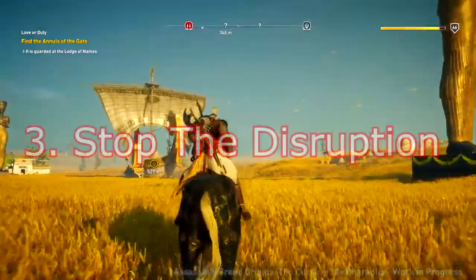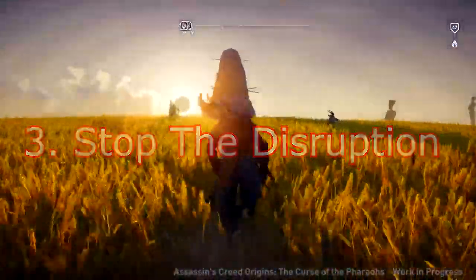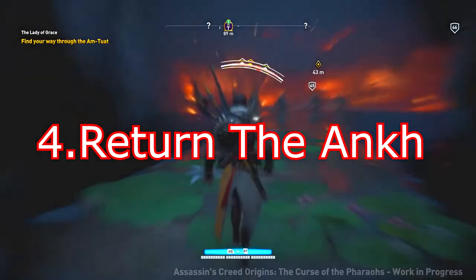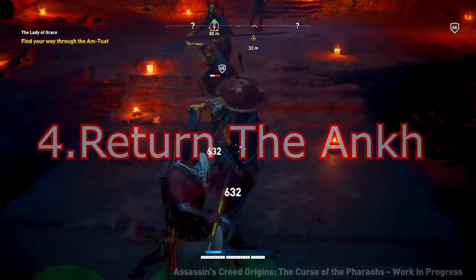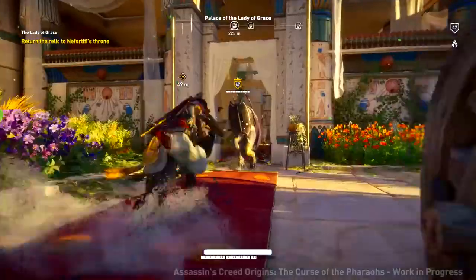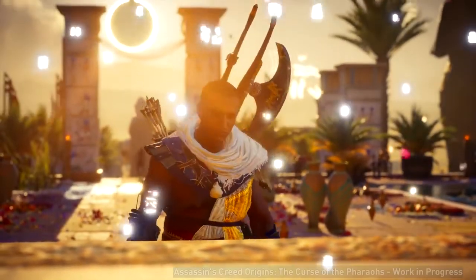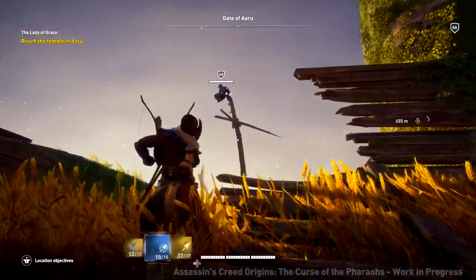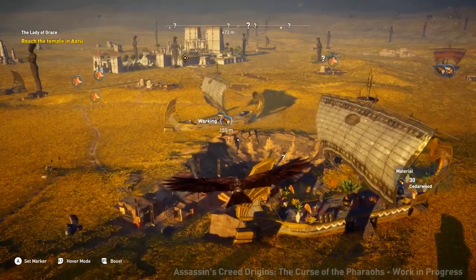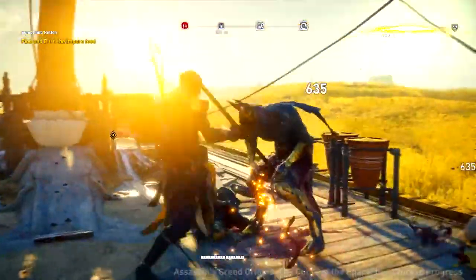Number 3, stop the destruction. Very simple, we just have to stop all this from happening. And I think the way you're going to do this is by returning the Ankh to its resting place, the place it originally was before someone took it. You take it somewhere and make sure it's sealed off forever, and make sure no one ever gets to it again. And we're probably going to get it back by assassinating a head Templar, or assassinating quite a lot of grave robbers, and probably a big main head grave robber from the time. Probably a most famous one.